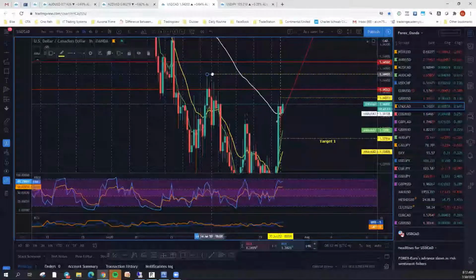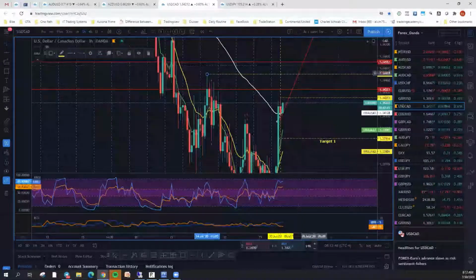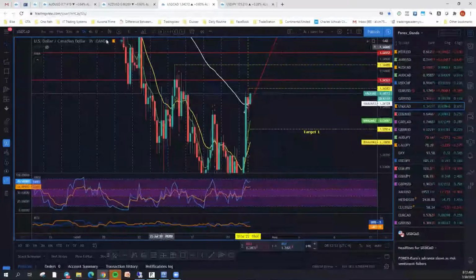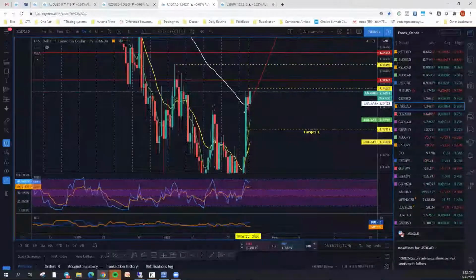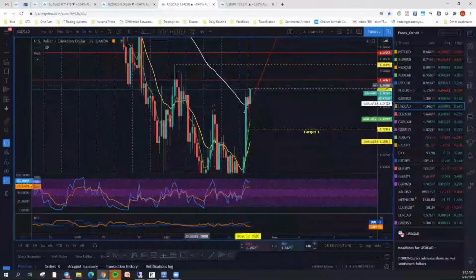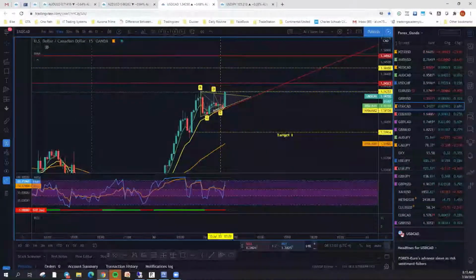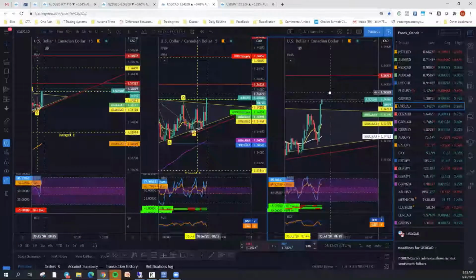Move that over here to the peak there, and somewhere in this red zone, we could probably expect it to reverse. I had to go all the way to a 3-hour chart to be able to find that area. We'll go back to our 15-minute chart and see where it comes. If it breaks to the upside, looks like it's trying to. There's the break.